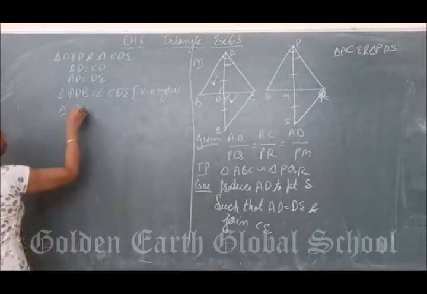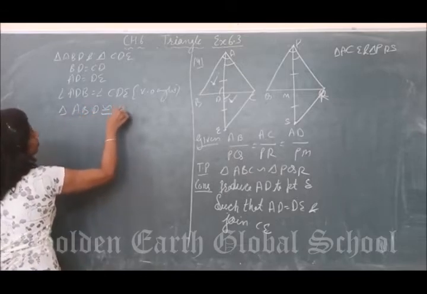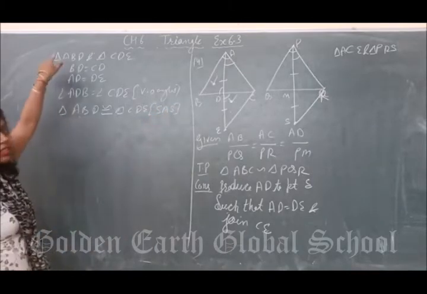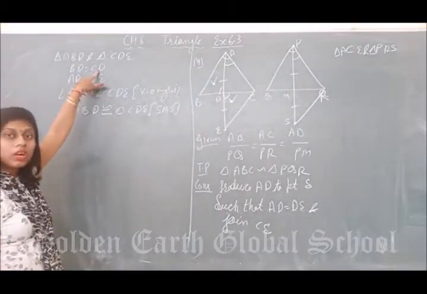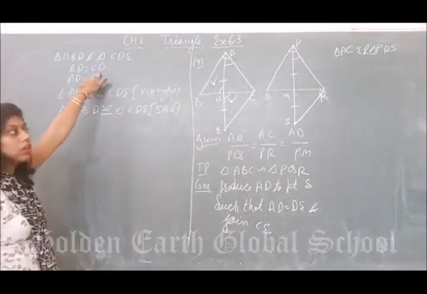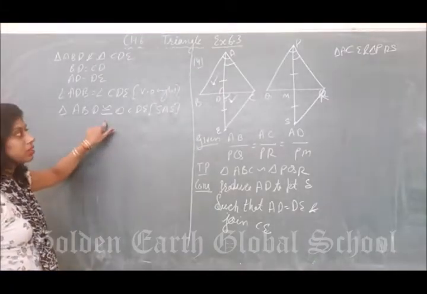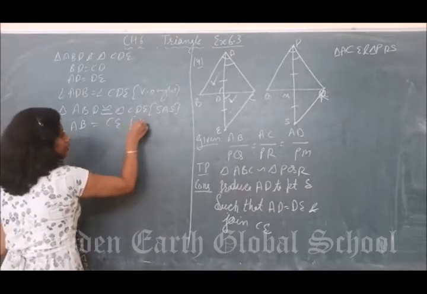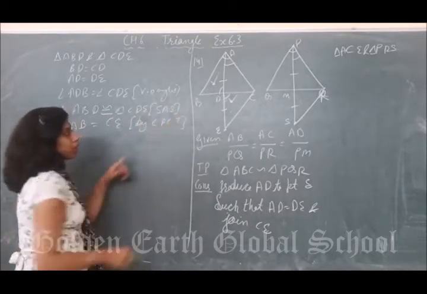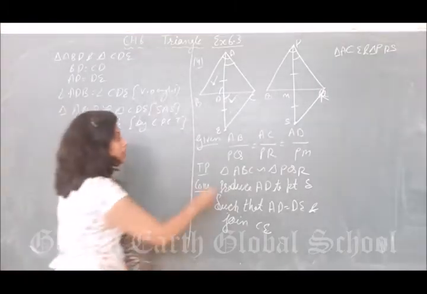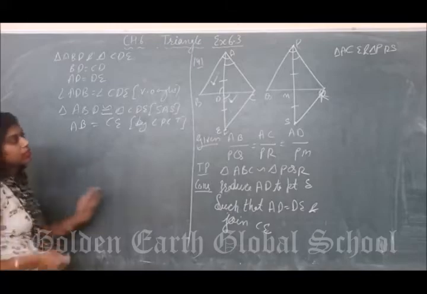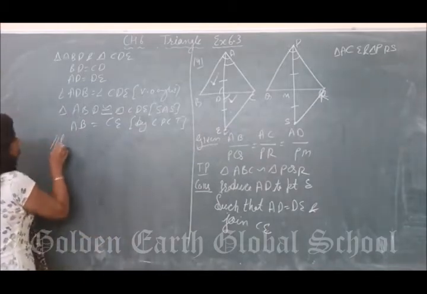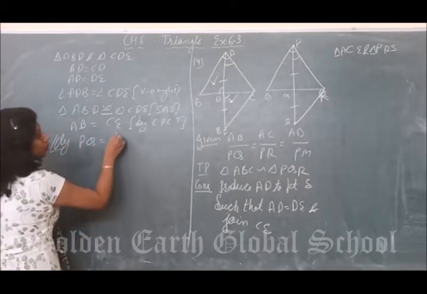So the triangles are congruent by SAS, because in this we equated the sides, not in ratio. These are exactly equal. So we will write down these are congruent triangles. If these are congruent, then we can say AD is equal to CE by CPCT, corresponding parts of congruent triangles. Now consider the given statement. Similarly, PQ is equal to RS. No need to prove PQ is equal to RS.